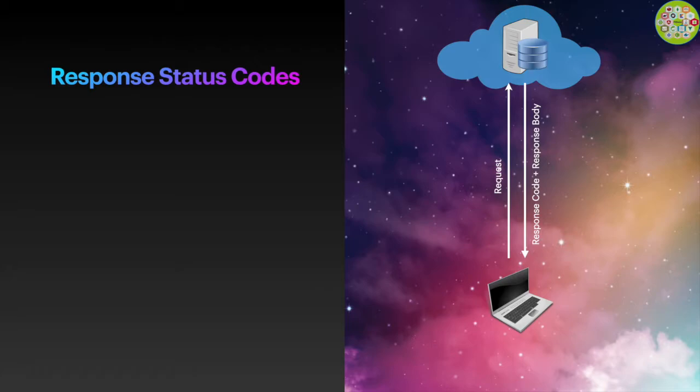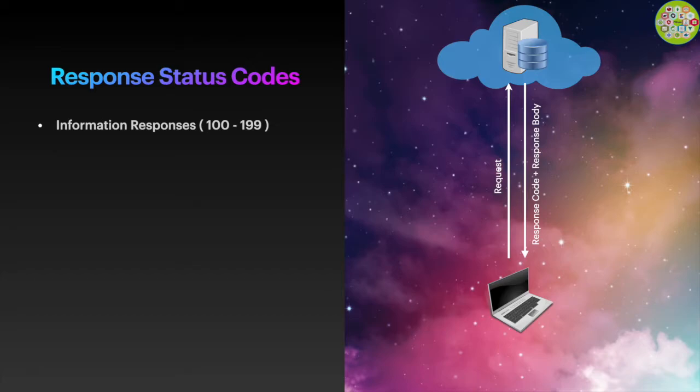HTTP response has a field. This field is called HTTP response status code. This status code signifies what happened with our request. Is it completed successfully or we got any error? So the HTTP response status codes are grouped in 5 classes or categories, which are: the first one is informational